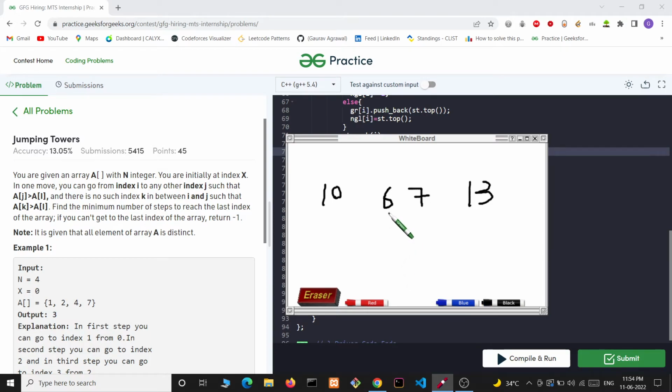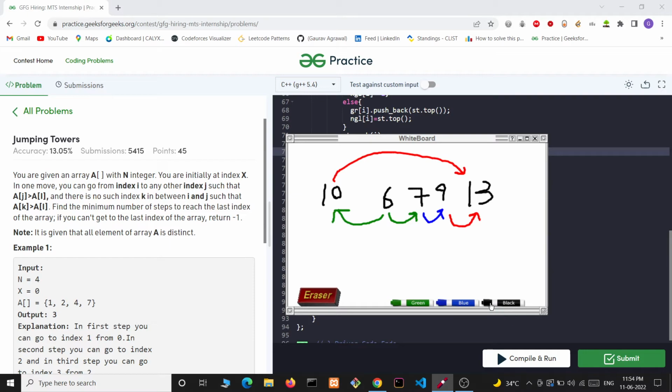Now we can go from 6 to 7, or from 6 to 10, and from 7 we can go to 13. Let me put some more, 9. From 7 we can go to 9 only, from 9 we can go to 13, and from 10 we can also go to 13.